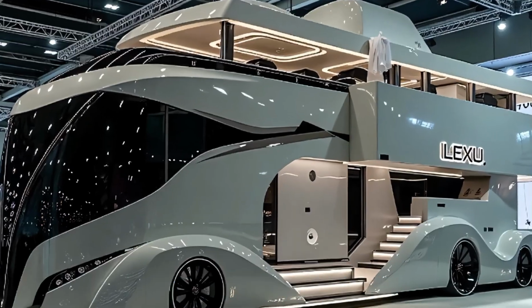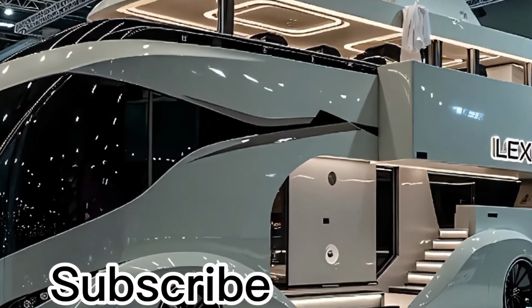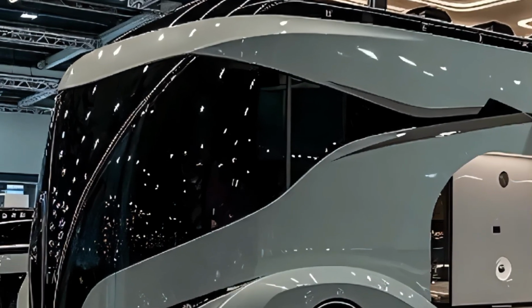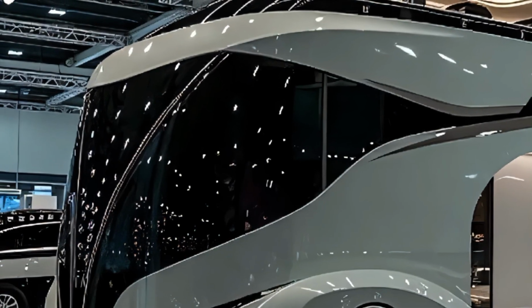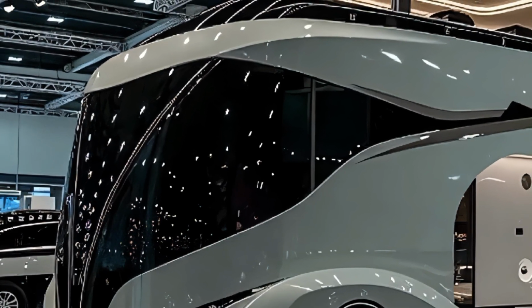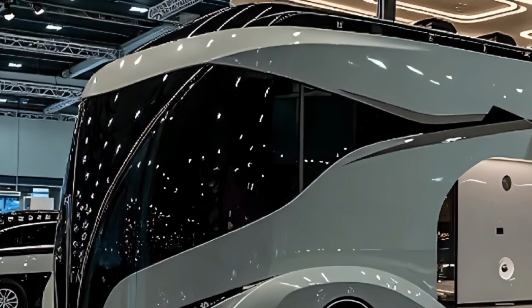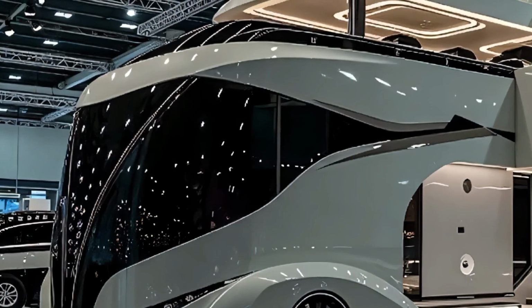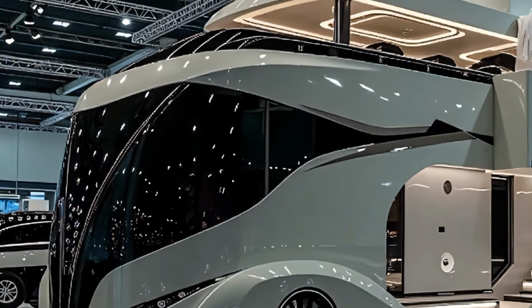Today we're stepping into the world of luxury travel with the all-new Lexus Motorhome 2026, a masterpiece that blends premium automotive engineering with the comforts of a five-star hotel on wheels. This motorhome isn't just about transportation, it's about redefining the way we experience journeys, combining Lexus's reputation for luxury with